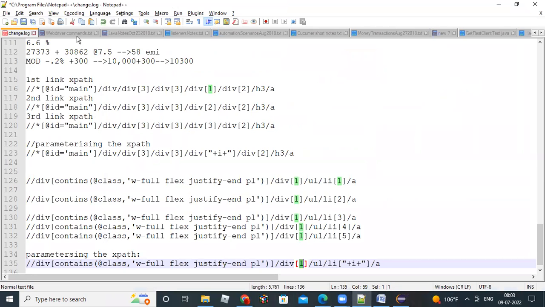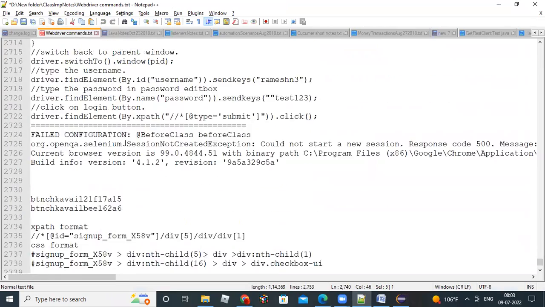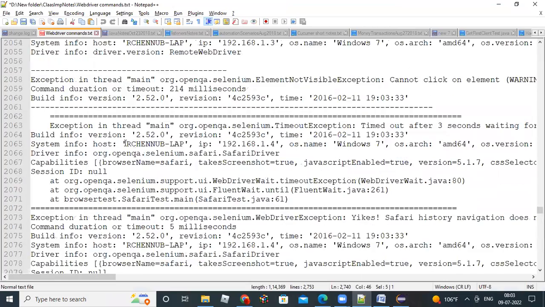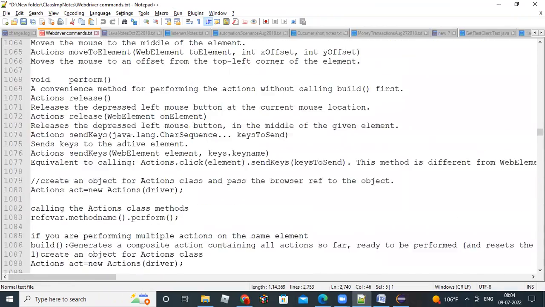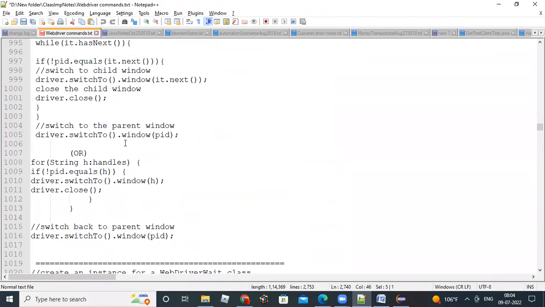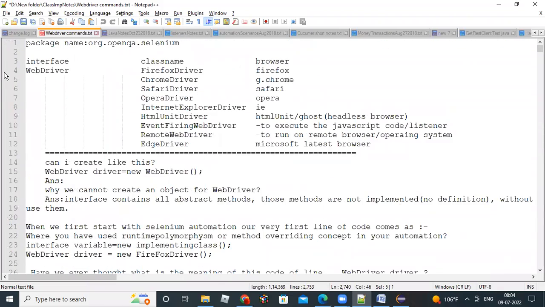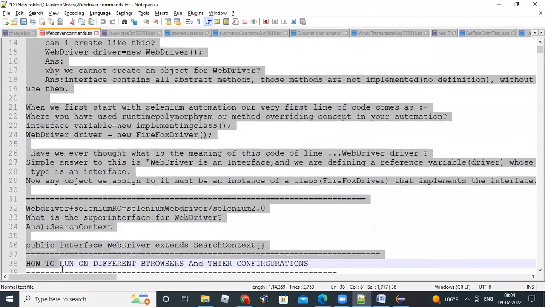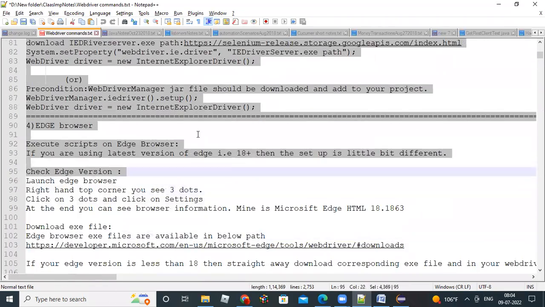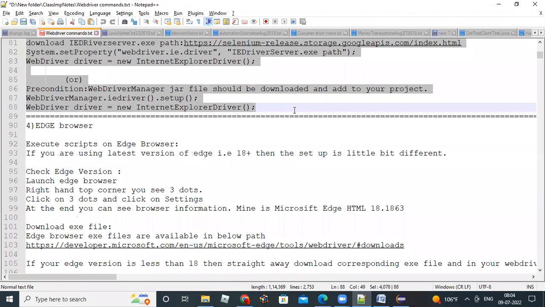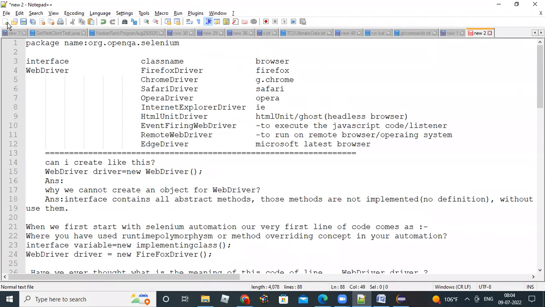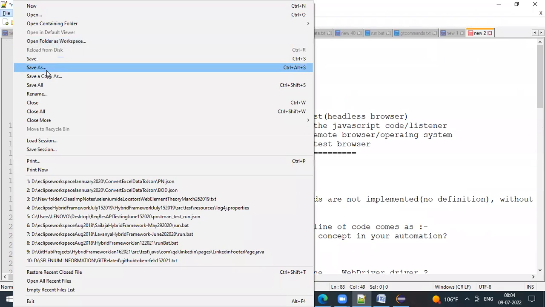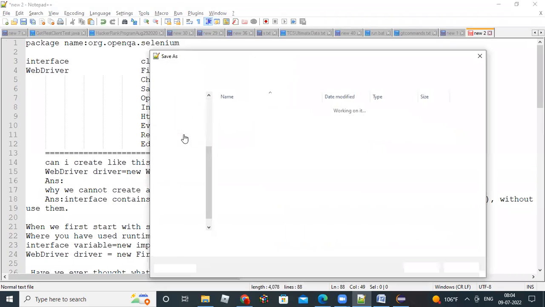So first I'll create some data. Suppose this is data I want to read. All this data I want to read. So I'll put this data in one file. Let's put this entire thing in one file. I'll create a new file and save it in one folder